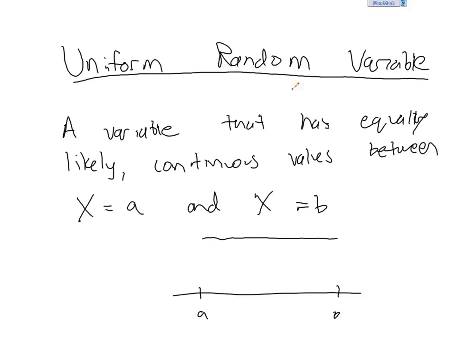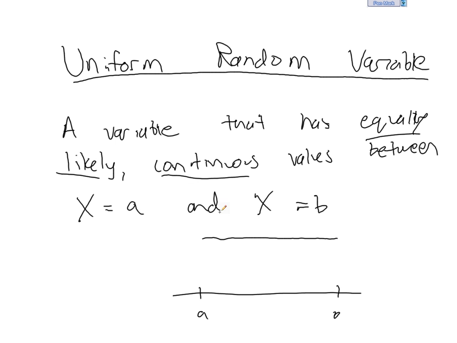What we're dealing with here when we have a uniform random variable is a variable that has equally likely continuous values between the random variable value of A and the random variable value of B. So it could be from 0 to 15. It could be from 1 year to 2 years. Whatever your entire range of possible values is, and as long as those are all likely events, then you have